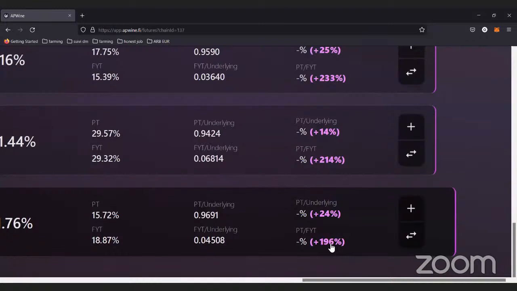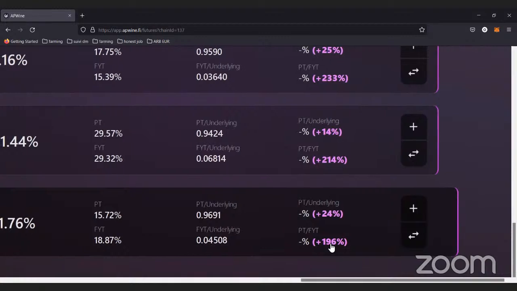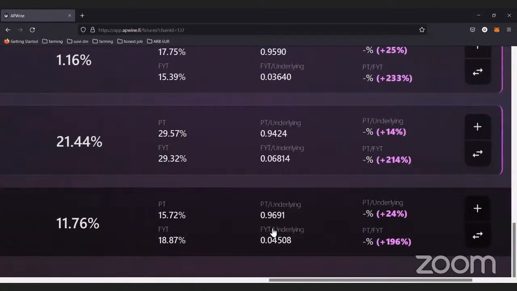Then they stake it, they earn 200%, and most likely they sell the APY right after. But by doing that, they make the price of the FYT go so much up that it has nothing to do with the real value of the FYT. And it's what is happening on our program.